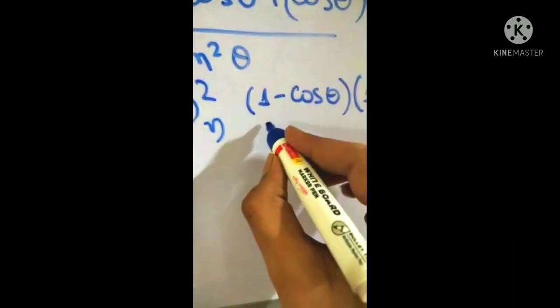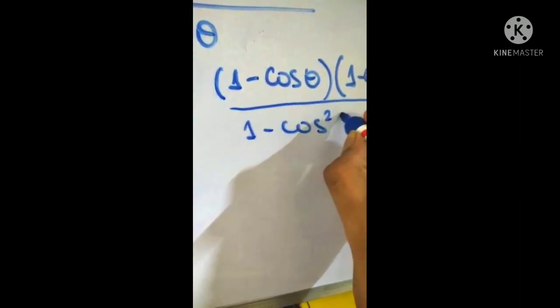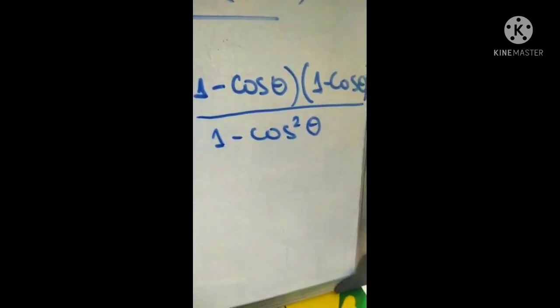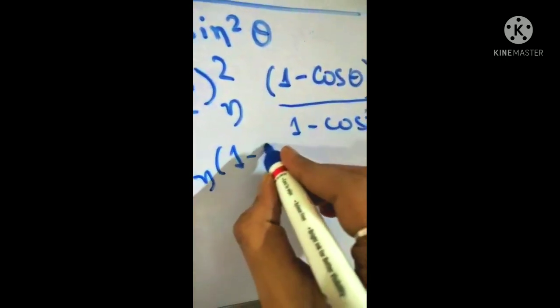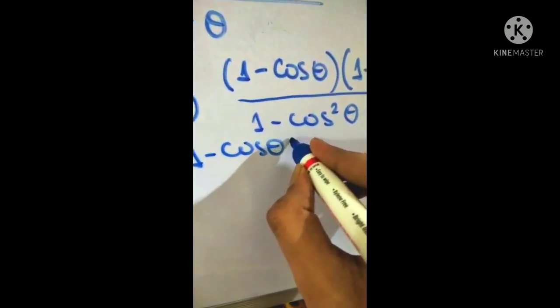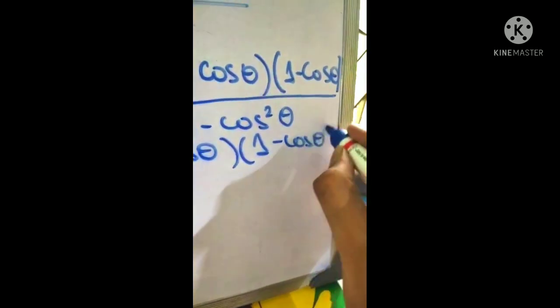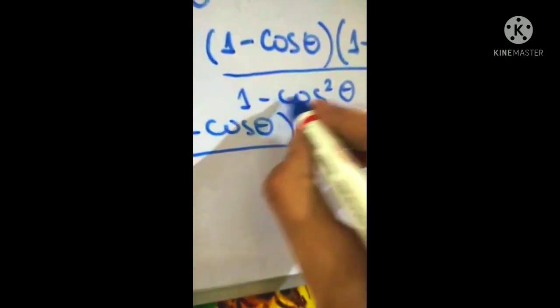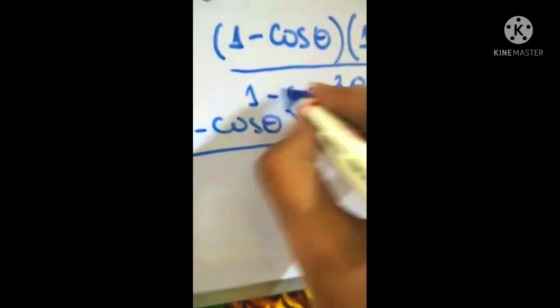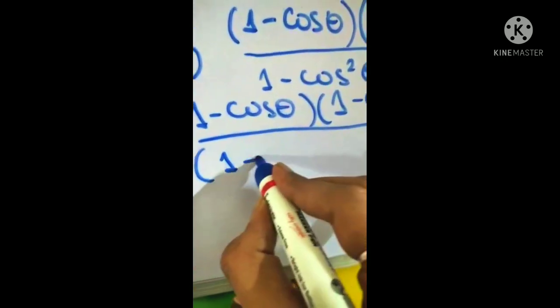Now sin square theta can be written as 1 minus cos square theta. So again this can be written as (1 minus cos theta)(1 minus cos theta) divided by, see, a square minus b square, which means (a plus b)(a minus b), that is (1 plus cos theta)